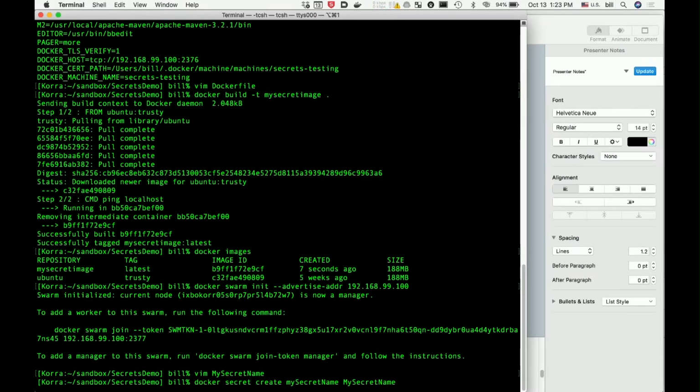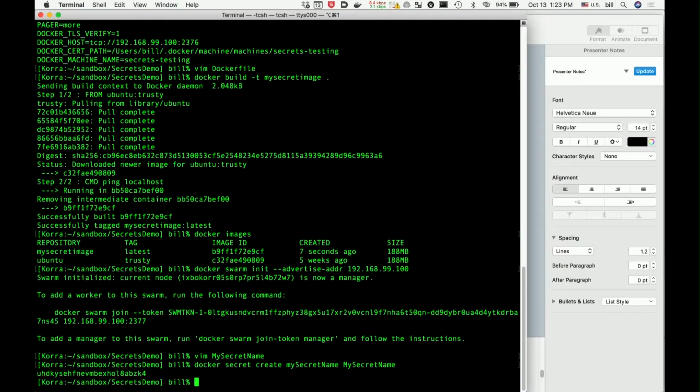So it will read that file and suck the content into the swarm, give it the name my secret name, and the contents of that file will be the content of that secret. And it comes with this nifty identifier that's randomly generated, I presume.